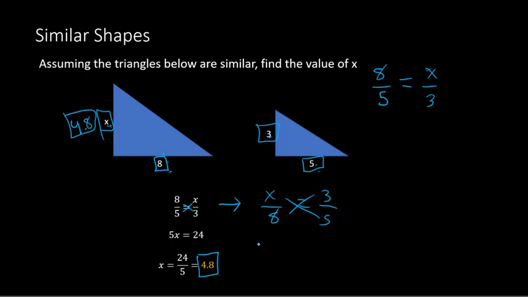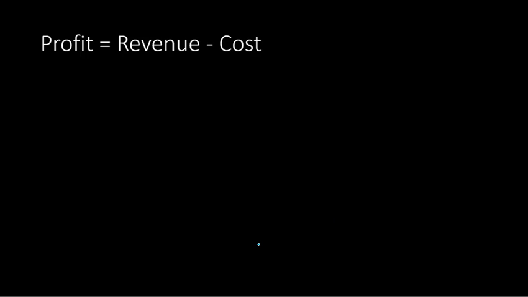So we've done some geometry application. Next we're going to talk about profit. So profit, this is dealing with a business application. So profit is going to be found by taking the revenue or income, or money coming in, and subtracting out